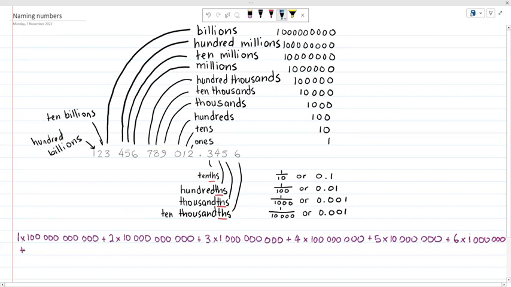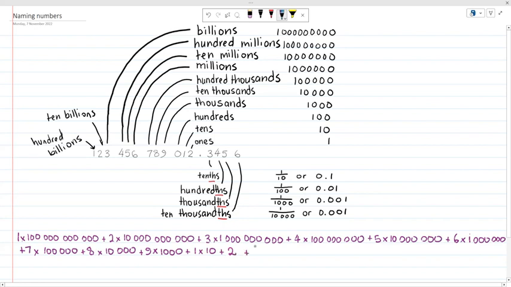Plus 7 lots of 100,000. Plus 8 lots of 10,000. Plus 9 lots of 1,000. Plus no lots of hundreds, so I don't have to write that because I'm not adding anything there. Plus 1 lot of 10 plus 2 ones